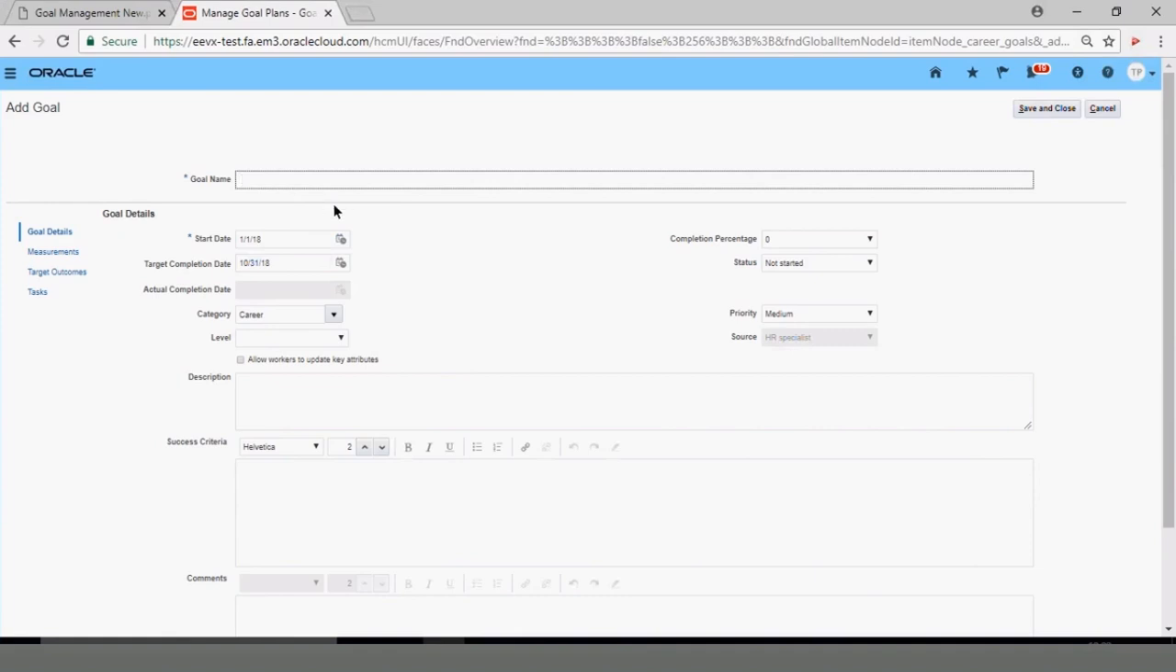So what happens here is that I create a goal name, say, MI goal 2. This is my start date. This is my end date. Completion percentage is not yet started, so it is still there. It can be a career stretch target. Allow workers to update key attributes. Meaning, if you click this,